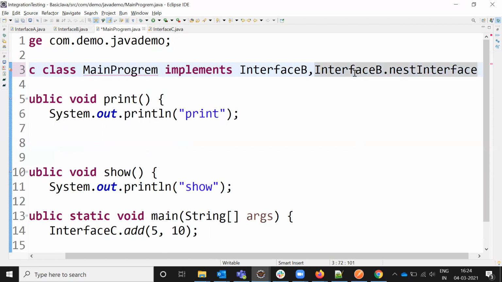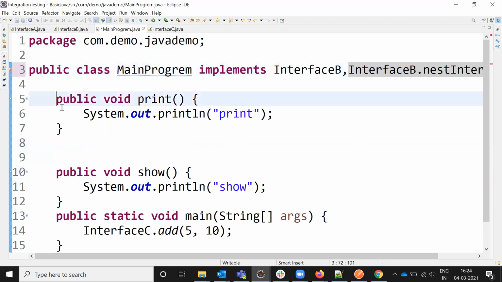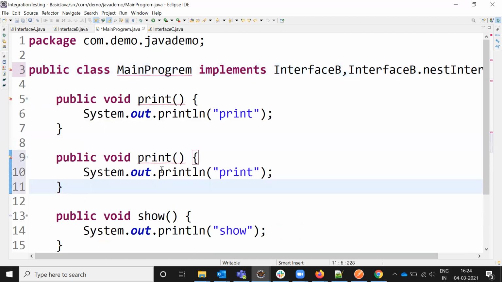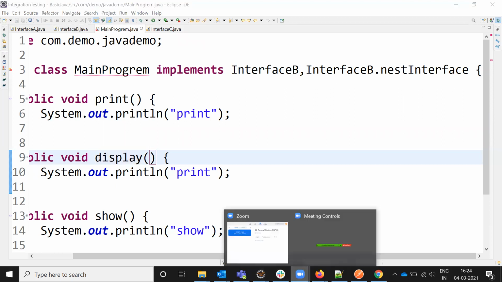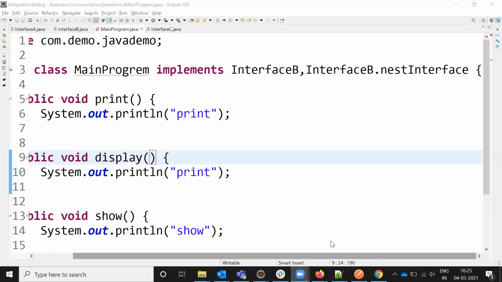Yes, nested one, and I want to implement display here. I have to use the same name, display. This way we can achieve it using nested classes also. The nested one we can use with the class name and the nested class name. This way we can achieve it using our coding standard for interfaces, and multiple and nested, everything we can access.